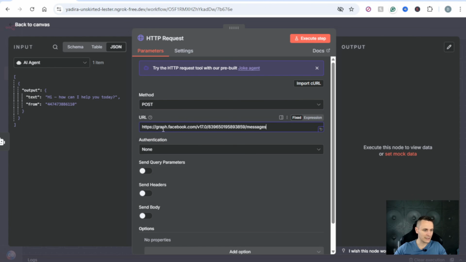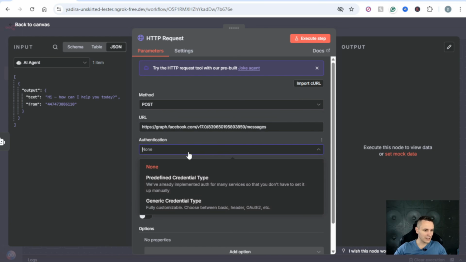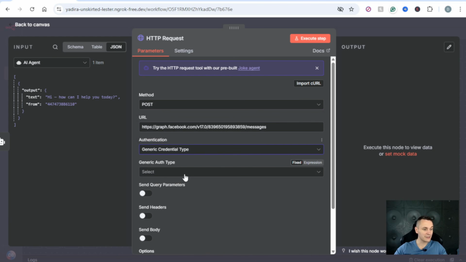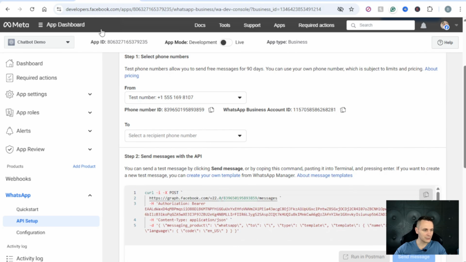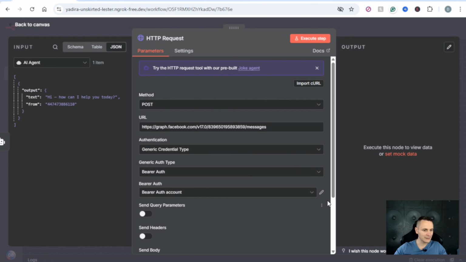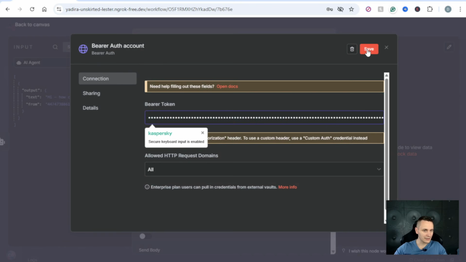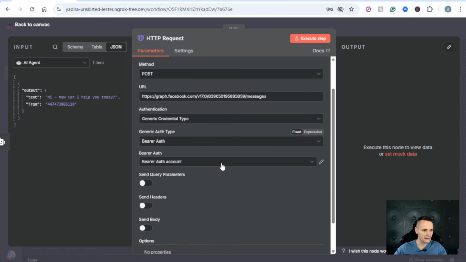Post here, paste the URL, and then for the authentication, we need to select generic credential type, and then this token here, again, is generated from here, so we can generate the access token. Click reconnect on that screen, copy the access token, go back to N8N, paste it here, hit save, go back,